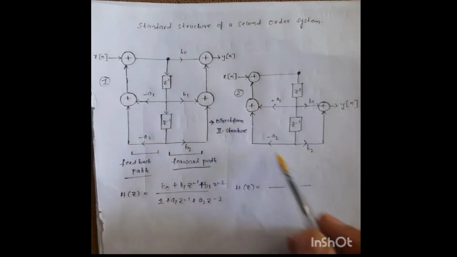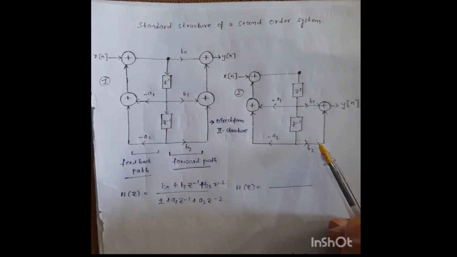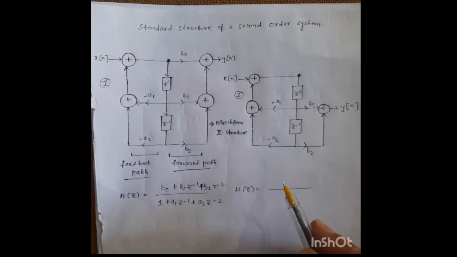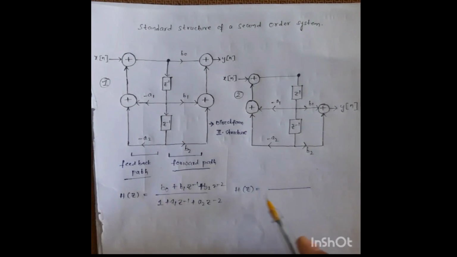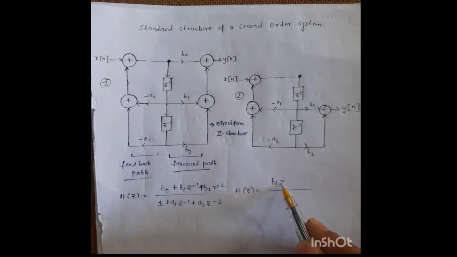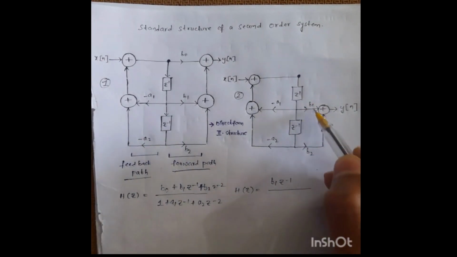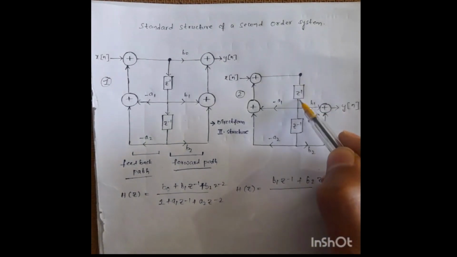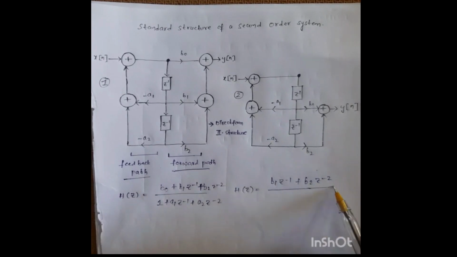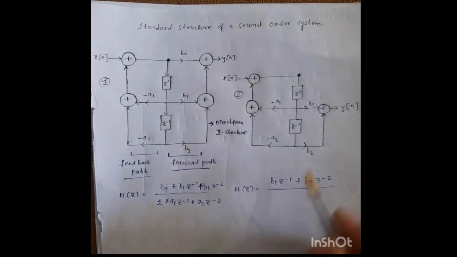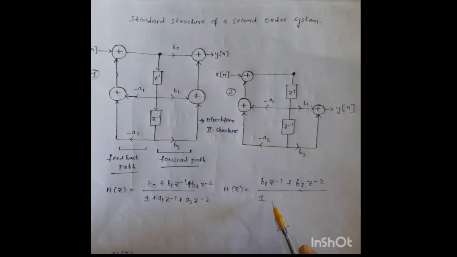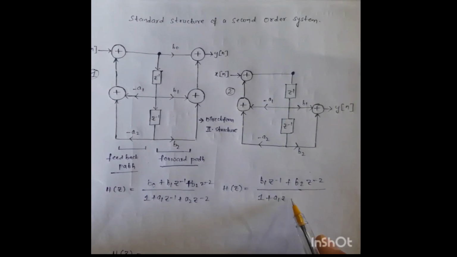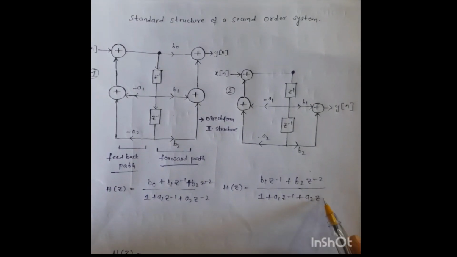Here this is one type of structure. Our original structure is the same as this, but here the B0 branch is absent. So remove that one. So for this type of structure, the transfer function will be B1 z inverse plus B2 into z raised to the power of minus 2. Here B2 is 0, right? B2 value is 0, B0 value 0. And in the denominator always write 1 and take the opposite sign. So here minus a1 into z inverse becomes plus a1 into z inverse, and similarly a2 into z raised to the power of minus 2.